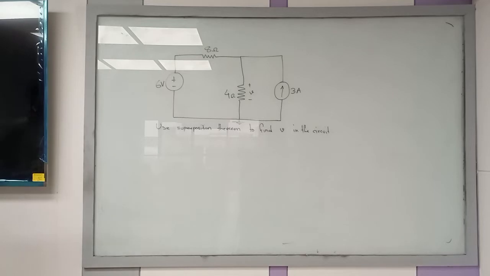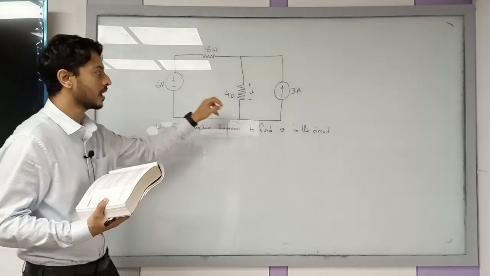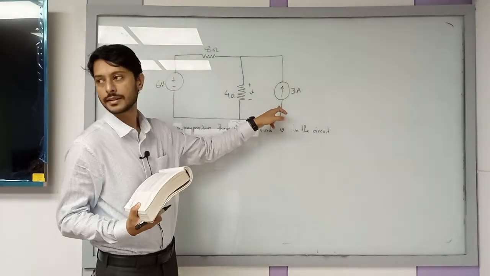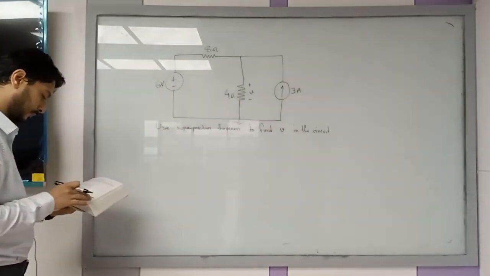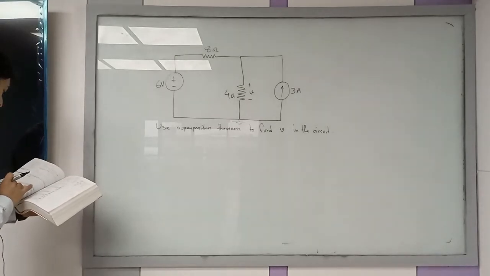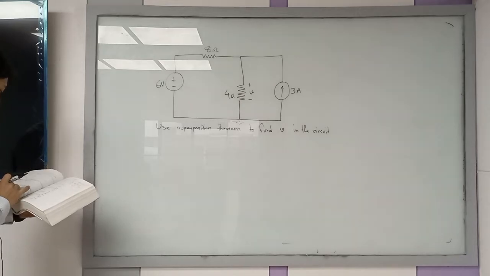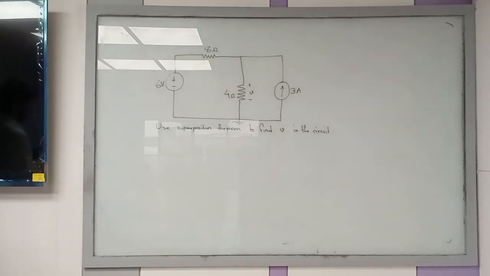So if we want to use this source first, then we have to short this end, okay? Sorry, voltage source হচ্ছে আমরা শর্ট করব, কারেন্ট সোর্স আমরা ওপেন করব, ওকে? উল্টাটা বলেছি।